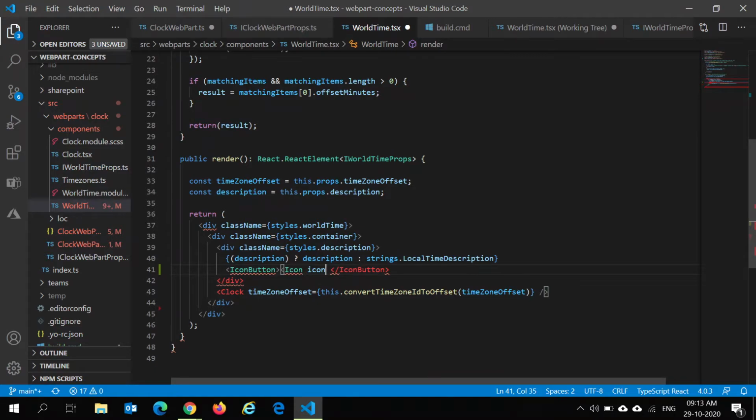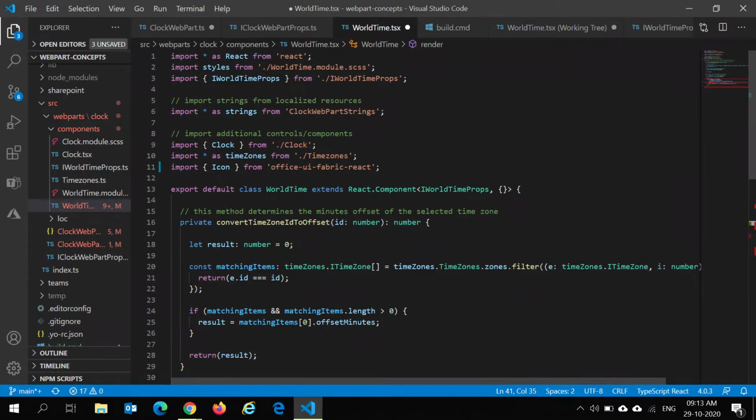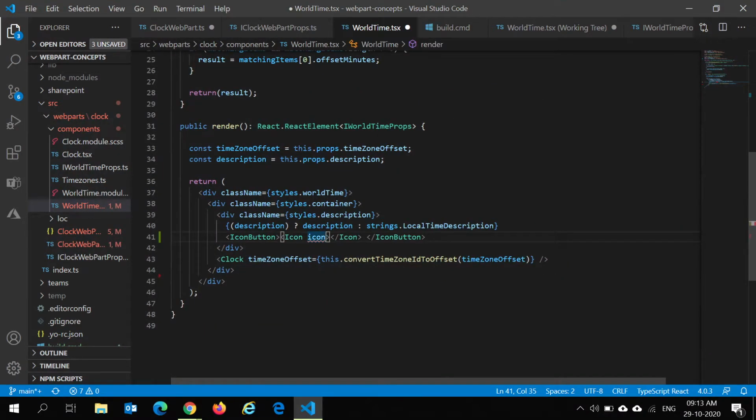Let's set the icon name to... did the imports come? No. Let's add the import for icon button also. And within the icon, I'll have the icon name as edit. So this is the Fluent UI icons.